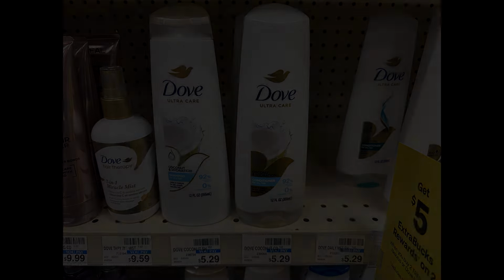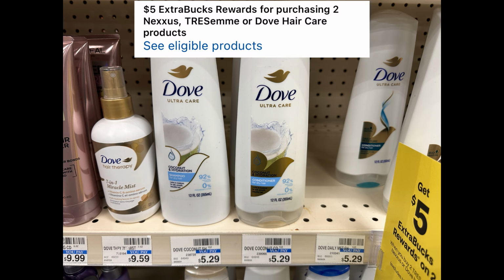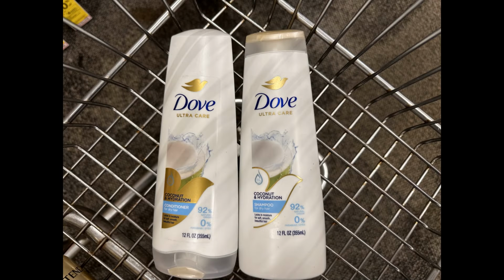$1.49 each. Next up, I decided to grab some of the Dove shampoo and conditioner because I have a couple of insert coupons that are going to expire on the 18th. So I wanted to make sure I use them this week. So these are priced $5.29 in my store, and they're buy 2, get back a $5 extra buck. So grabbing 2 of them at $5.29 each, that is a total of